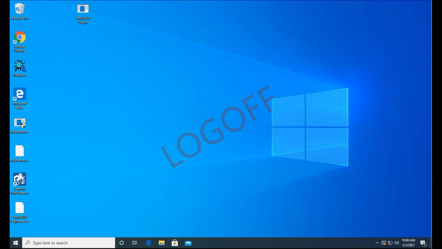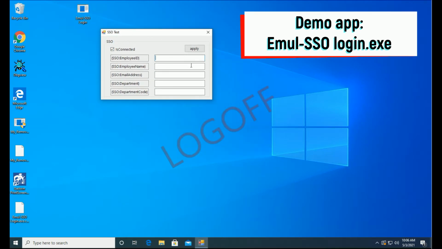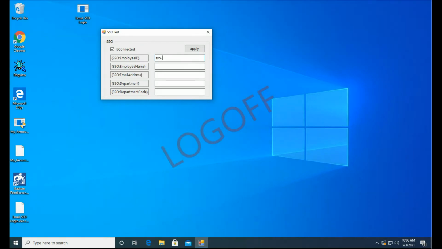When using this, SSO information is automatically acquired and used as department information. Let's look at the agent screen. SSO programs may vary from company to company. Therefore, you need to develop a program to send SSO information to the agent. For specification, please refer to the API interface item in the manual. Here, we will use a program called emul-ssologin.exe to simulate SSO. At this time, you are not in SSO logon, so you will see the log-off policy.